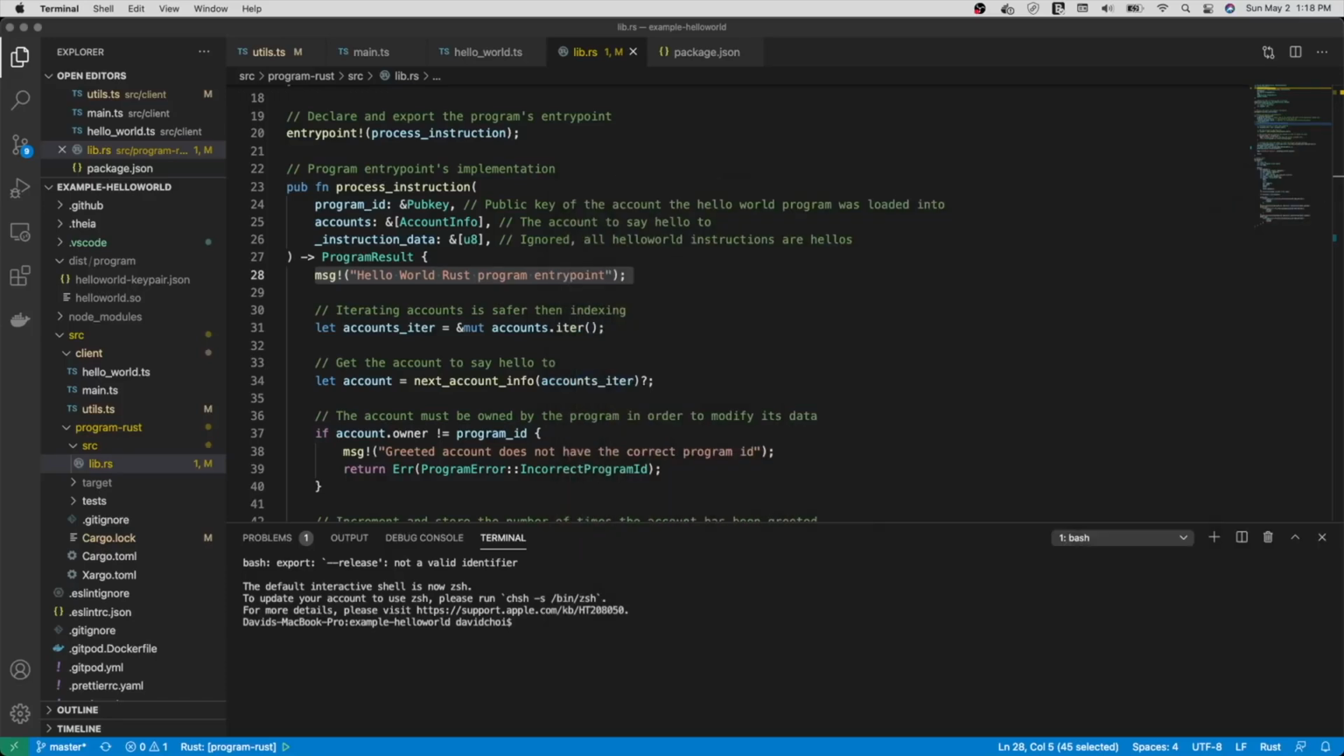And the line that executes logging is right here. If you know Rust, you might have expected the print line macro instead of this message macro, but they give you this instead. They don't support print line because they say it's not performant. But if you don't know Rust,